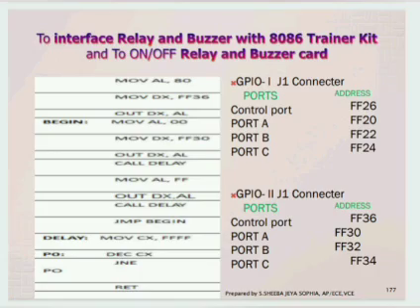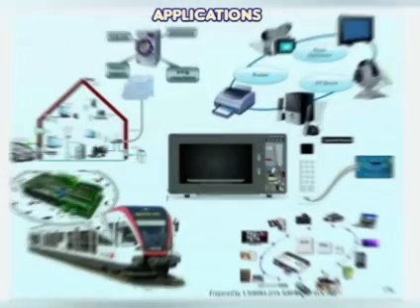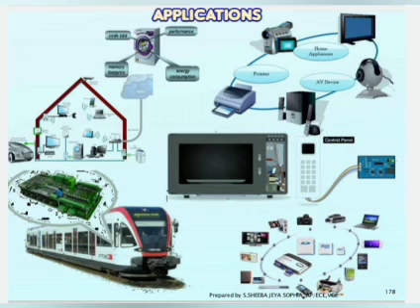Apart from this, our microprocessor and its interfacing devices are applied in many real scale applications. As you can see in this diagram, it is applied in controlling trains, the model train controller. It is applied in cameras, microwave ovens, laptops, mobile phones, washing machines, whatever the device is. Every real-time application device used nowadays comes under microprocessors, microcontrollers and interfacing devices.